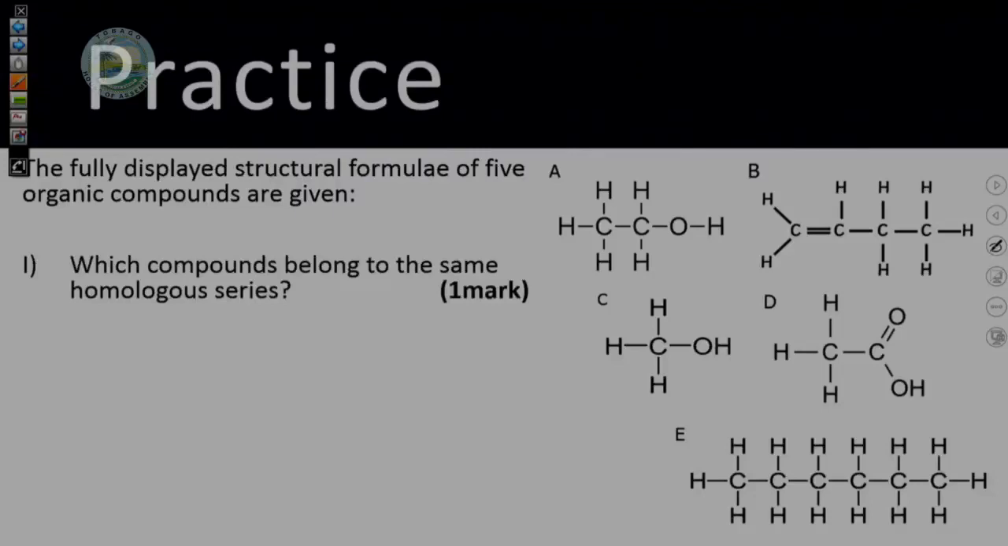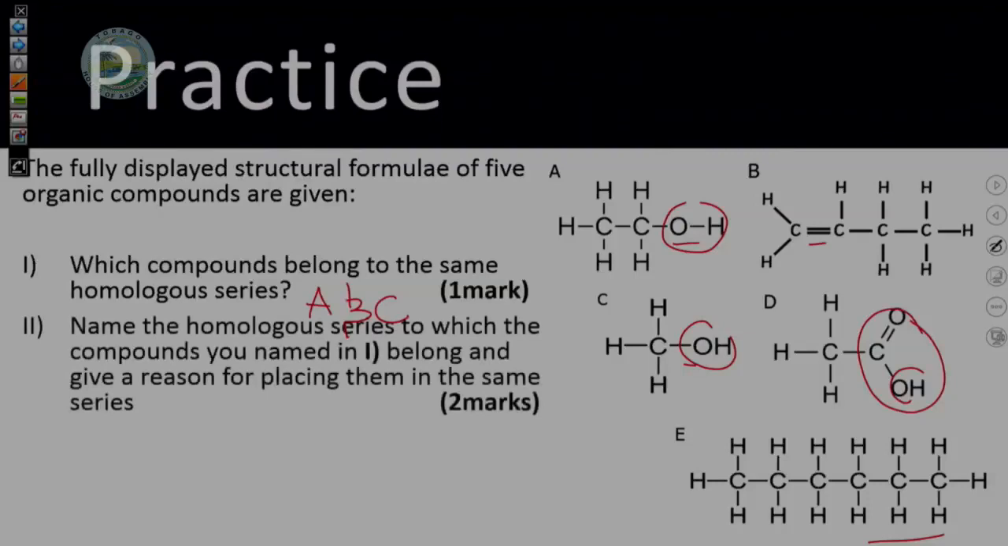So how would we know that? We need to look at our functional groups. If we look, A has an OH, B has a double bond, C has an OH. So we found one having an OH group present, and we know this has an OH, but it's a C double bond O, so that does not belong to the same group, and this does not have an OH. So the compounds that belong in the same homologous series are A and C. All right,